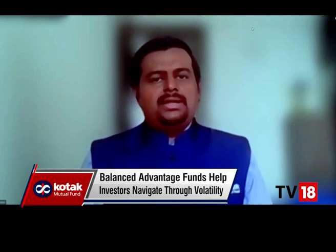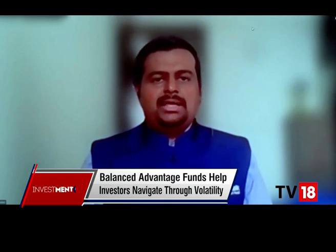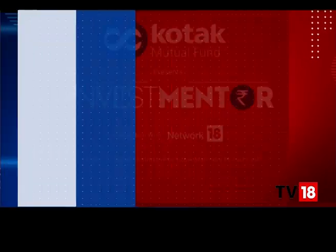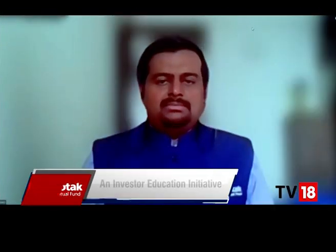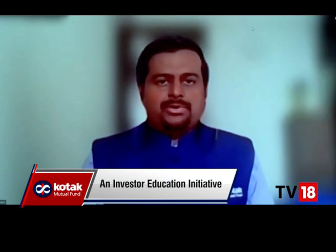It is in this context that this category of funds called the Balanced Advantage Fund or Dynamic Asset Allocation Funds come in to help the investor. Essentially, what this category does is a very simple mantra of buy low and sell high. Now, this seems very intuitive and everybody nods their head saying that this is what we all need to do. But as we will see through the rest of the show, it isn't very easy to put this into practice